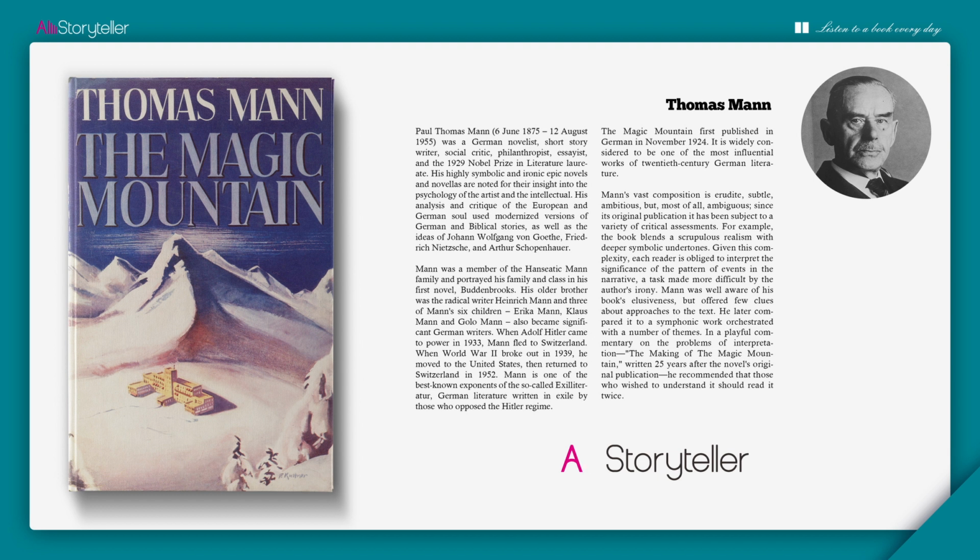On a Tuesday in August, Hans arrives at the Berghof Sanatorium and checks into room 34. The Magic Mountain referred to in the novel's title is this place. This section serves as the prologue of the novel, where Thomas Mann takes his own experience of visiting his wife and modifies it slightly to create this part of the story.